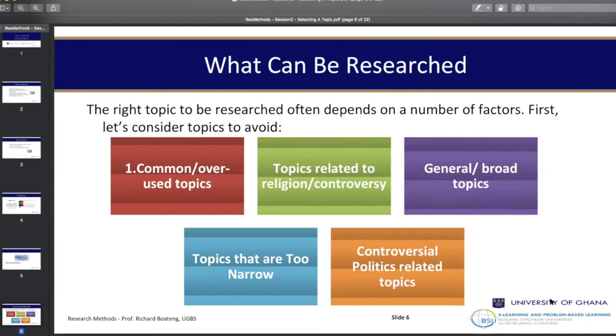If you still want to do why John left Sarah, then the event you have selected to study should be a unique event. For example, a student was discussing corruption to me and causing financial loss, and I said, okay, it's not bad. I know what you want to do. So why don't you say, causing financial loss to the state, evidence from the Wyoming case, which is what he wanted to study. I said that is okay. It's a well popularized issue that happened in Ghana some time ago, and there's enough information to collect data on it, and there's a lot of lessons to be learned from that.